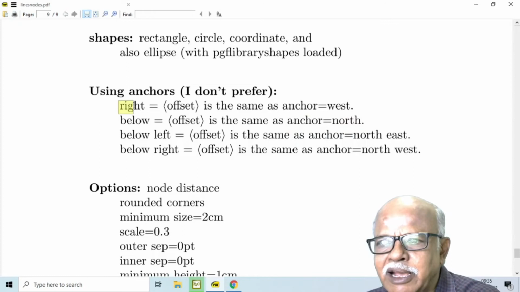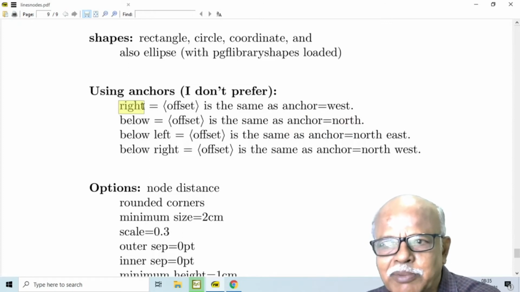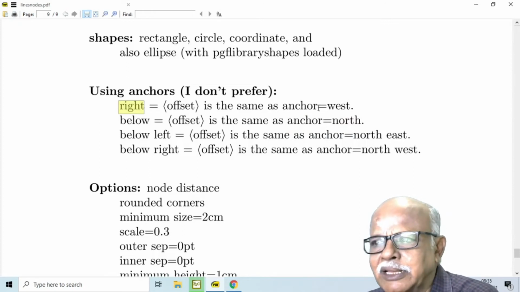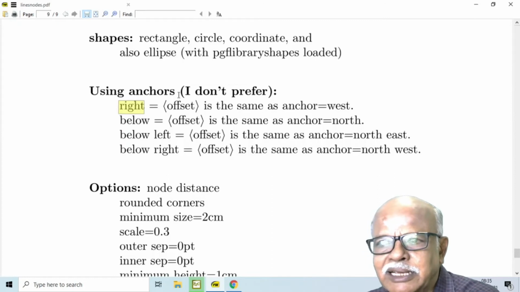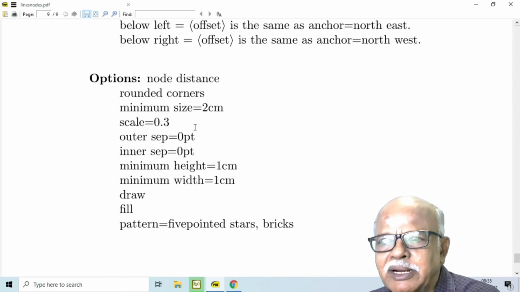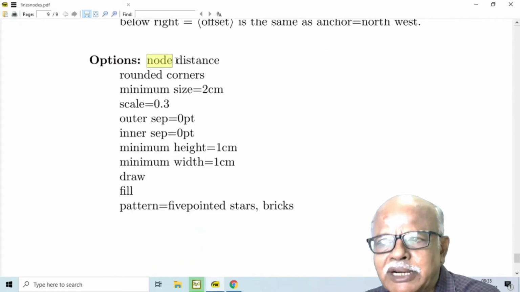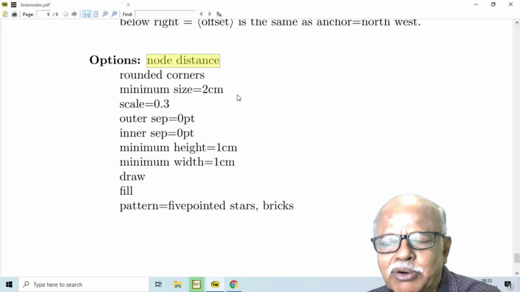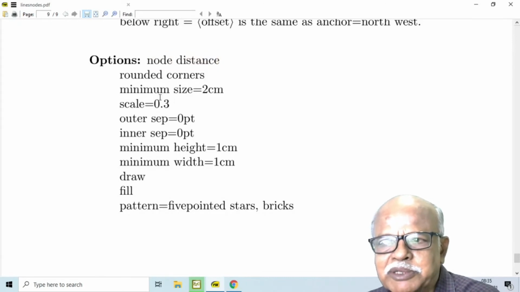Similarly, on the right hand side of a normal map, east is on the right, and west is on the left side. But here it is on the opposite side. Therefore, I don't prefer this method. However, this is also available. And node distance can be specified, the distance between nodes. The corners can be specified. Minimum size of the node. Scale option is available.